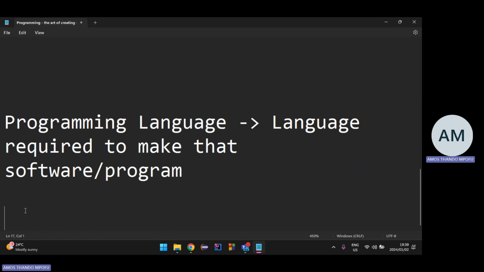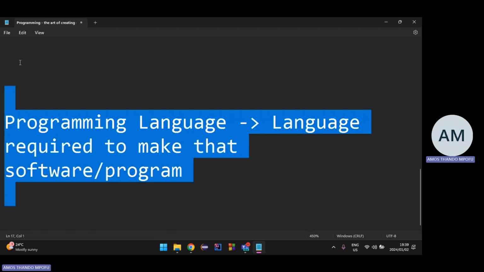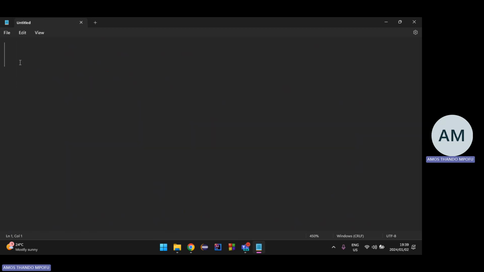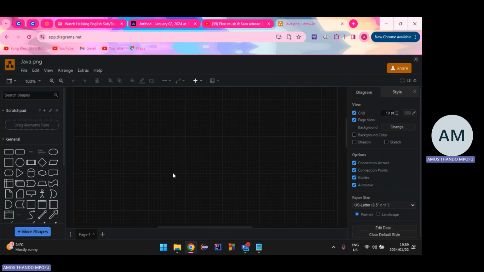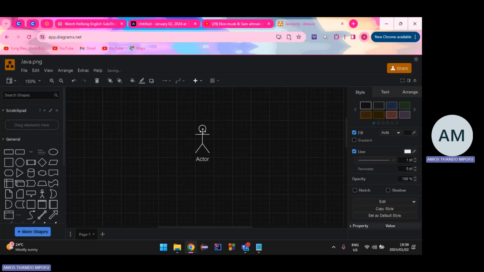Let's see why. In order to understand what the point of a programming language is, let's take a stroll back in history, right? Let's have a history lesson, right?